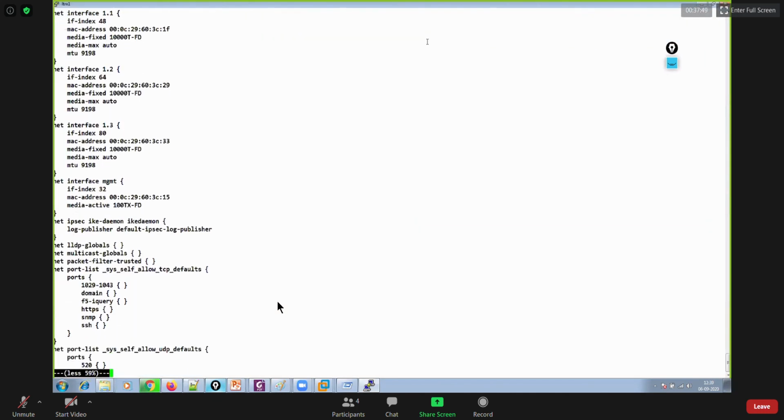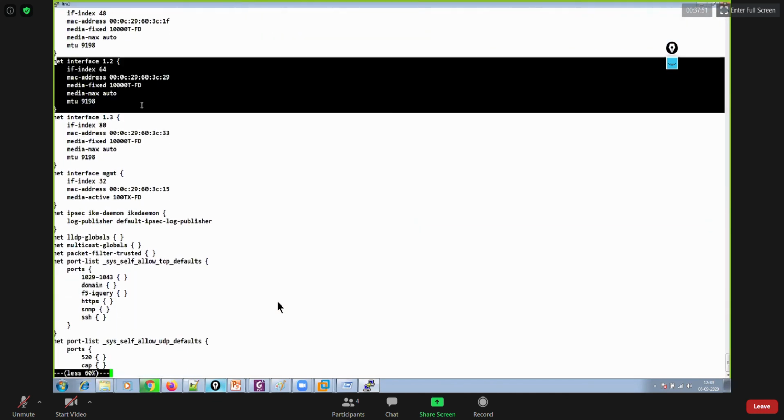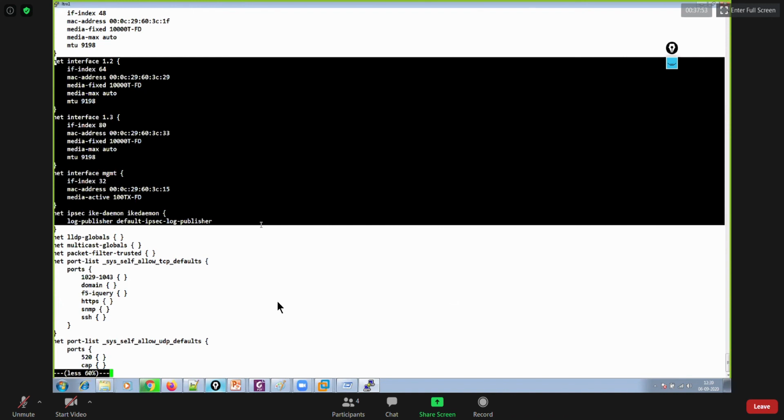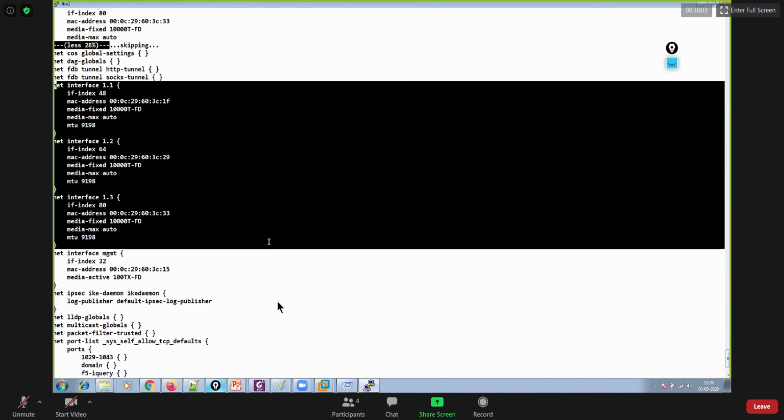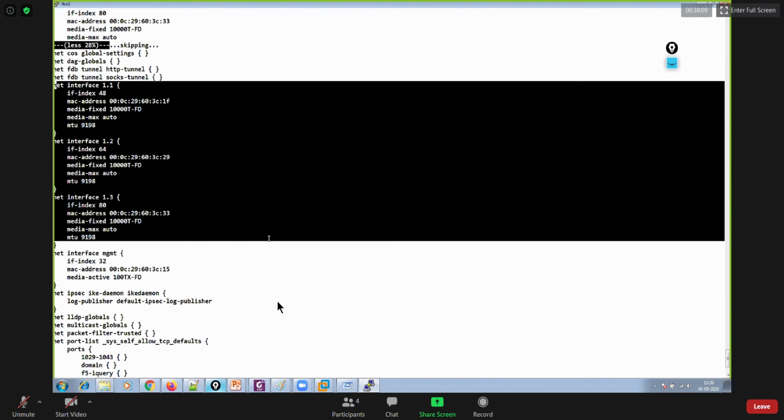The network tab has a lot of interfaces like 1.1, 1.2, 1.3, and the management port, of course, right? So 1.1, 1.2, these are the interface nomenclature, right? When I say nomenclature, it means like in Cisco, you call these interfaces FastEthernet 0/0, 0/1, 0/2. But in BIG-IP, you will call them 1.1, 1.2, 1.3, like this.